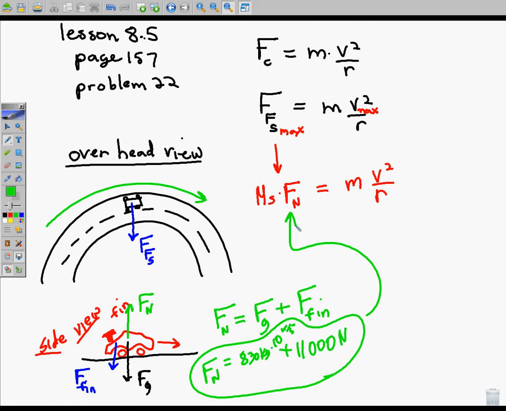Wait, I thought the... Wait, don't you solve for mu? Oh, you're right. They tell you how fast